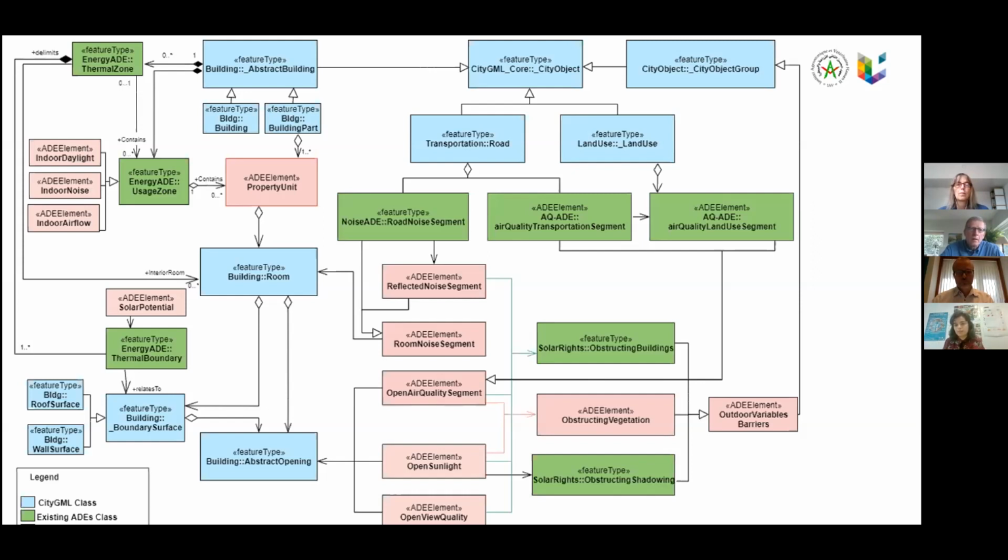So if we now look at the diagram you are showing, the UML model. Is it correct that the windows and perhaps the doors are in the box abstract opening? Yeah, at the abstract opening, it can be windows or it can be doors. Yeah, and there you compute the views and the sunlight. And there's the connection to the view quality and the sunlight. Yeah, exactly. For example, for the noise ADE, we have also